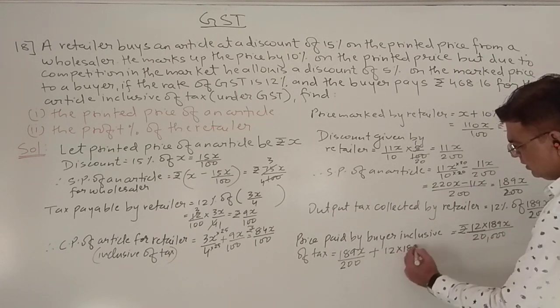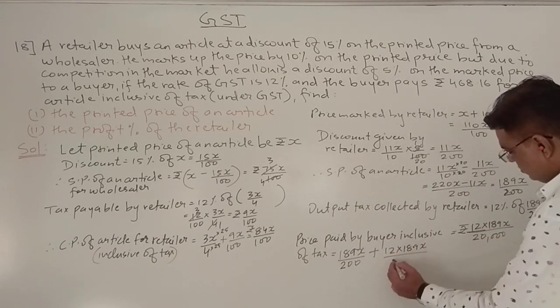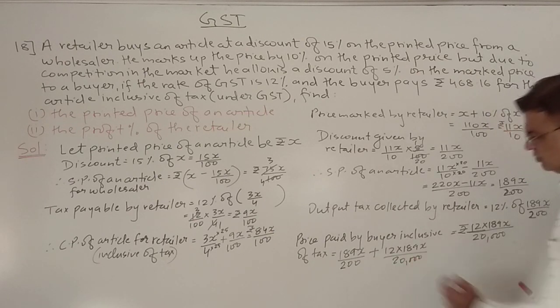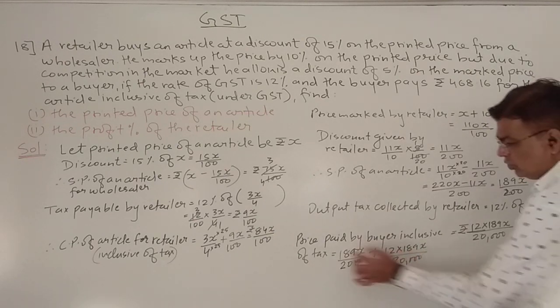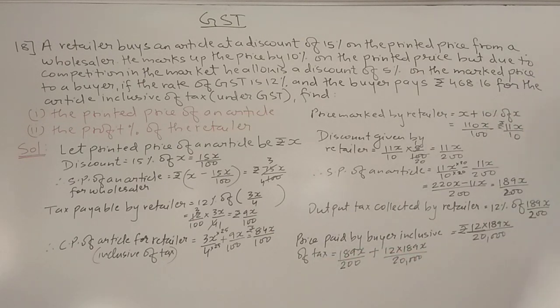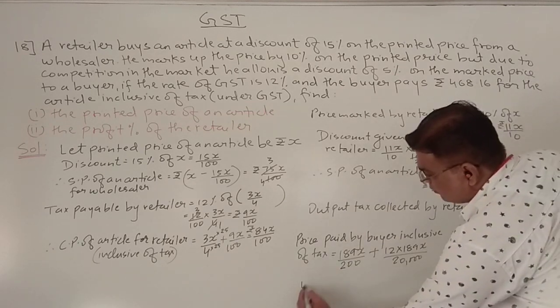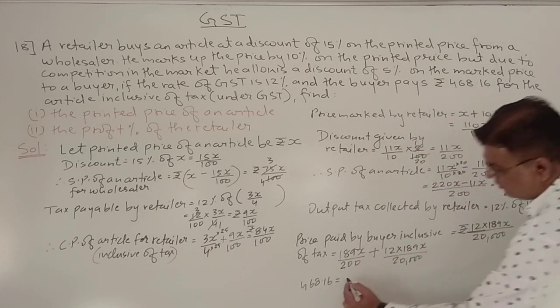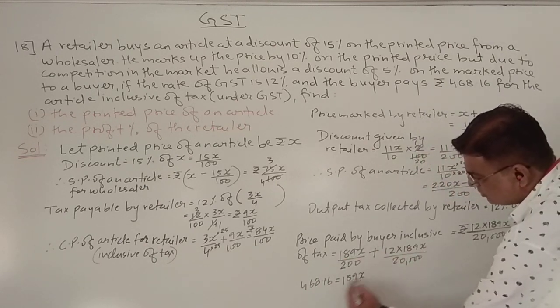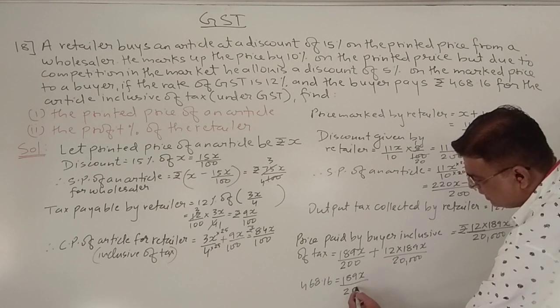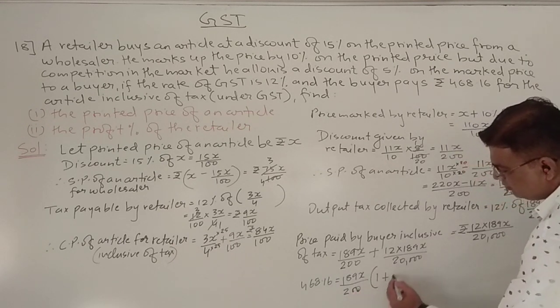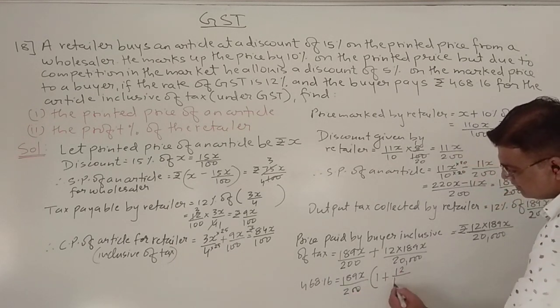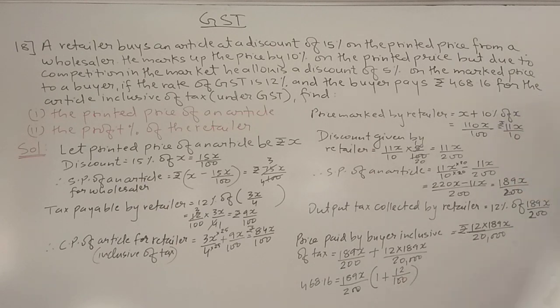12 into 189x upon 20,000. And this whole is equal to how much? 468.16. So now let us calculate this. 468.16 is equal to, okay, we can take 189x upon 200 as common, so 1 plus 12 upon 100. Okay, now when I calculate this, it comes to